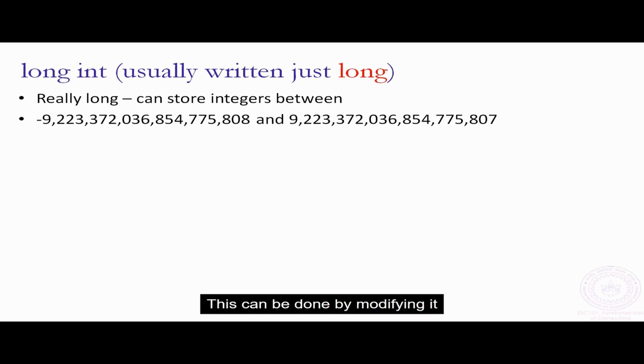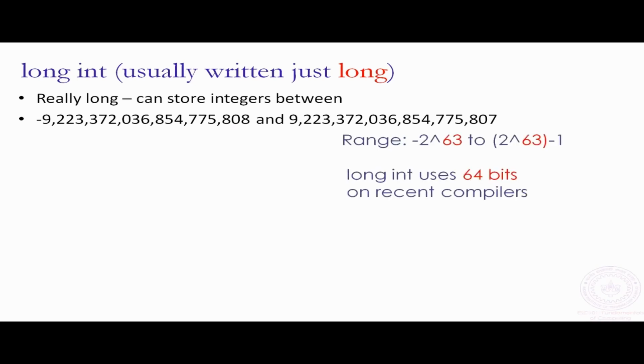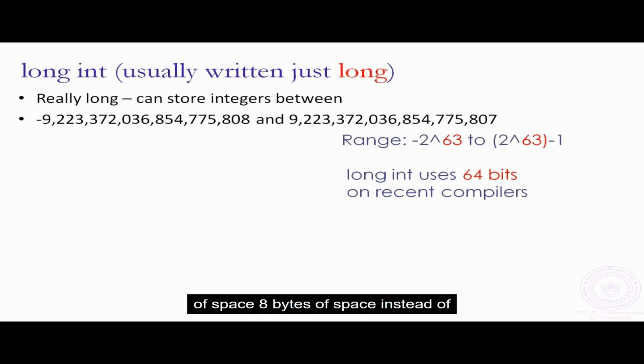This can be done by modifying int using long. And with long, you get to use 64 bits of space, 8 bytes of space instead of 32 bits of space. And this allows you to store values from minus 2 to the 63